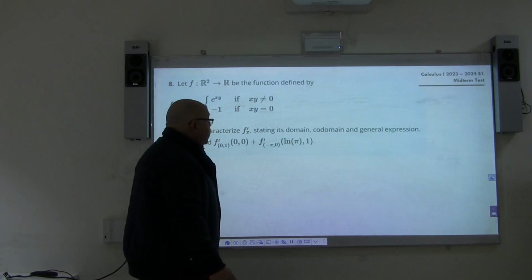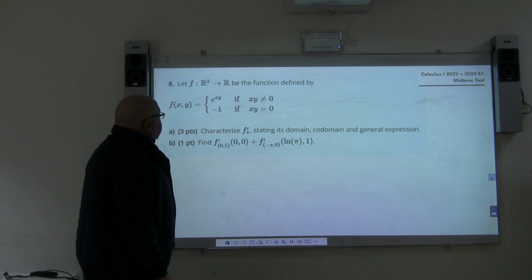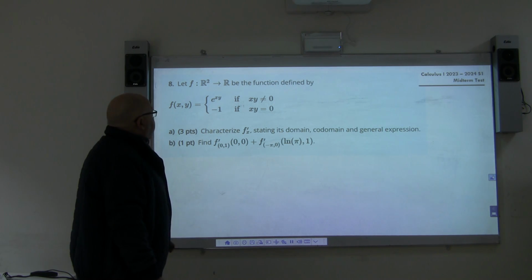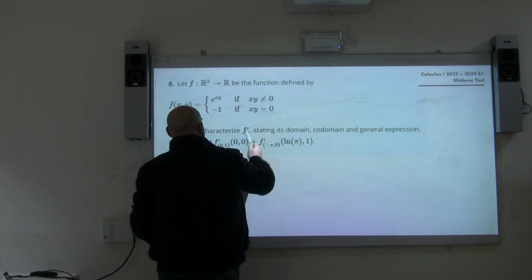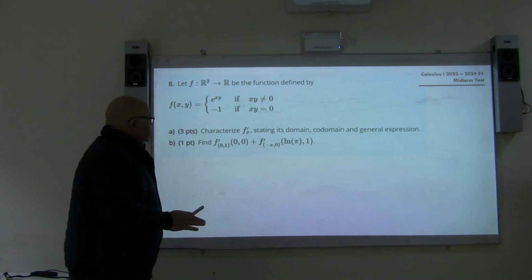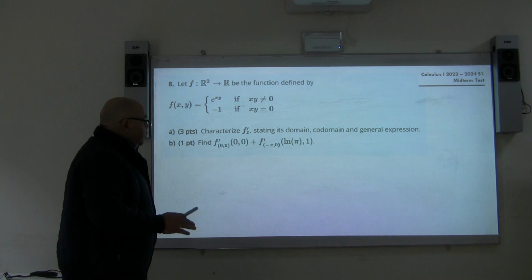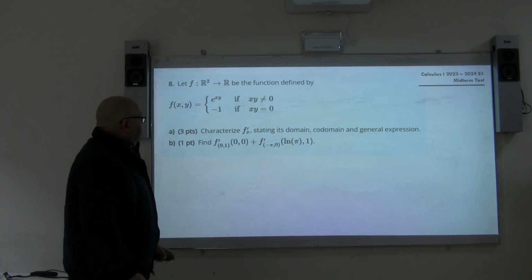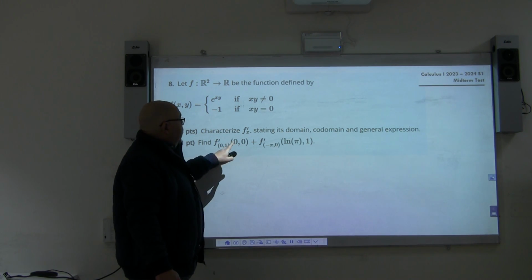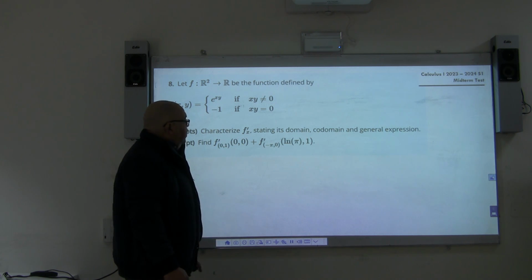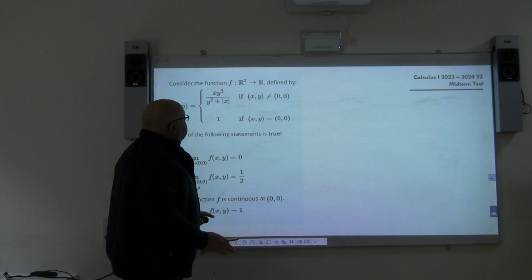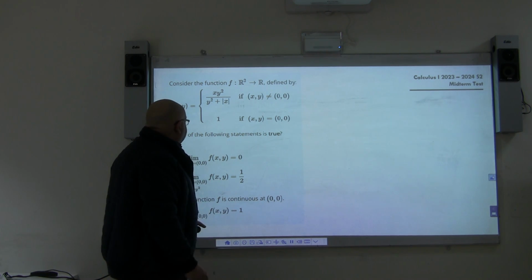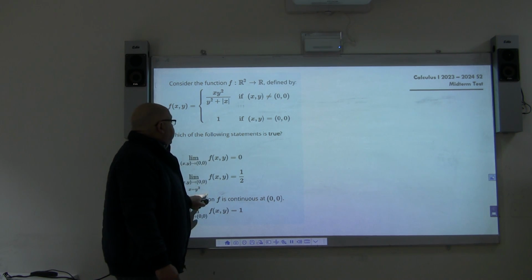Okay? In this one, the function is defined by e to the power of xy, and then negative 1 when x times y is equal to 0. He wants you to characterize f, starting by stating the domain and codomain, and also find f dash at 0, 1 and f dash at negative pi, plus 0 for these values. That's another function exactly like what we have been taking, and he wants you to show that the limit of this function